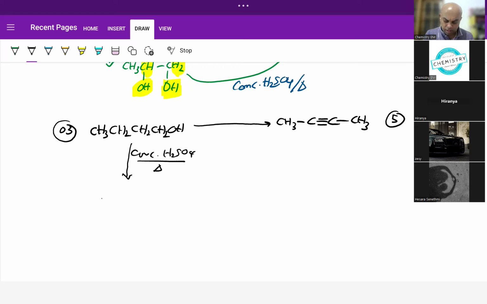So we will have this one, CH2. There will be no change to here, and the hydrogen atom will be taken out from this carbon atom, then a double bond will be created, and CH2. If somebody can't understand this one,